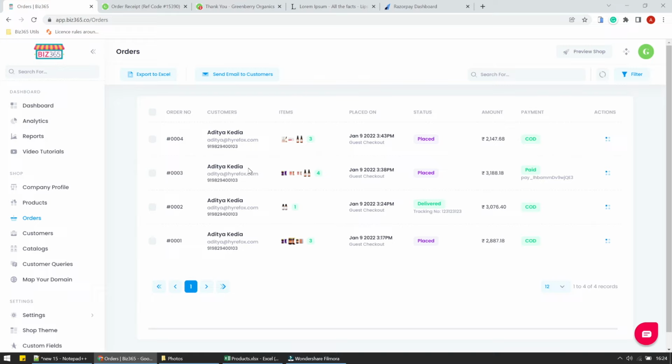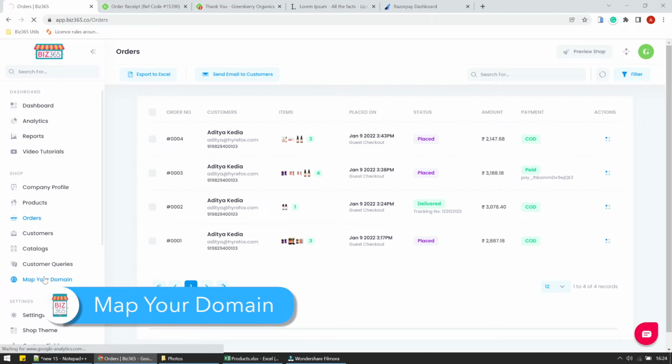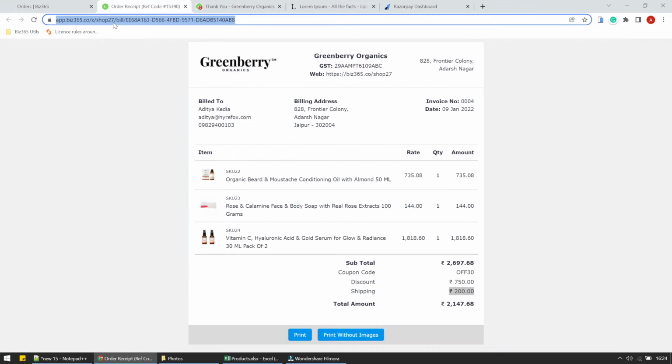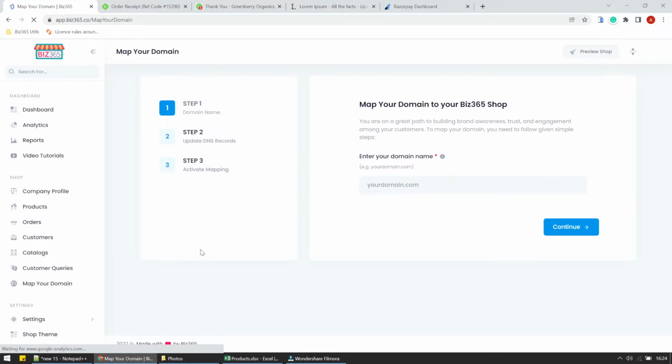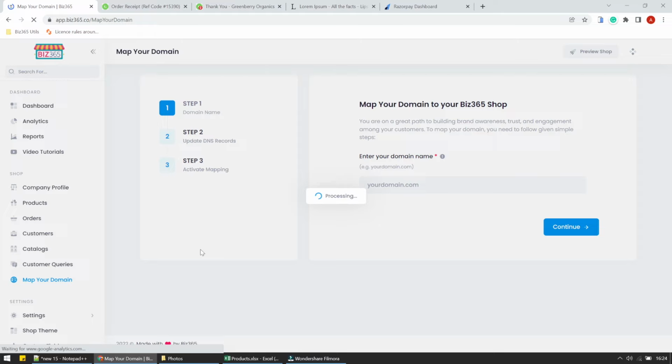But before you do that, what we have to do is map your domain. Now this is a very important step, because what we've been doing so far is creating the website under shop 27. What we'll now do is map your domain into an actual domain name where the system will start working. Now, first of all, it is very important to understand that in order to map your domain, you need to have a proper standard plan, because under the free plan, you'll not be allowed to actually map your actual domain